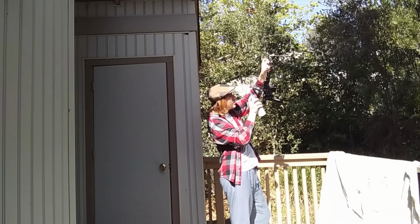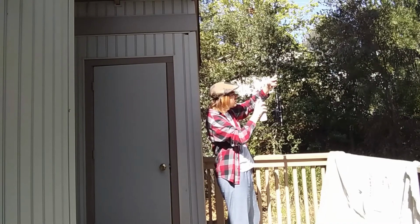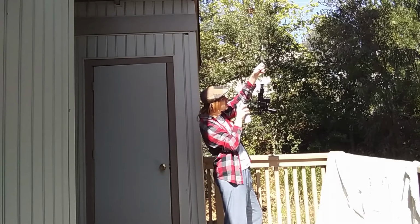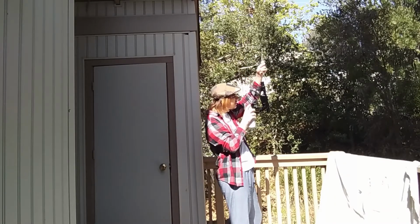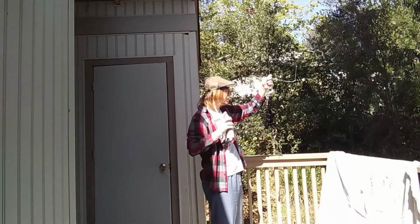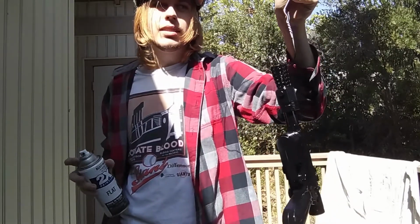There. Right. Pretty good. I think that's good for this first coat. As you can see, it's nice and black. If I were lazy, I could just call it here. Kind of looks like the Lego gun, but I'm gonna